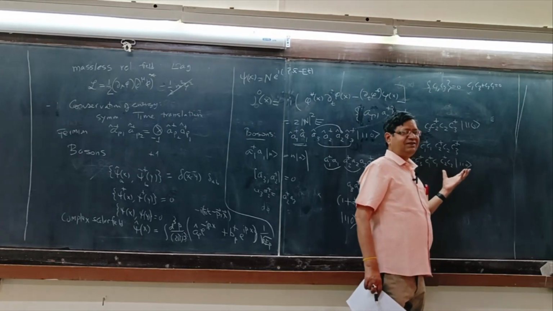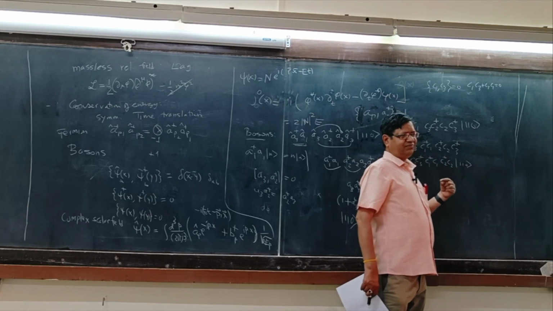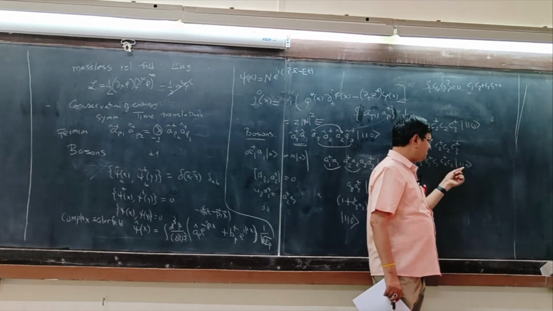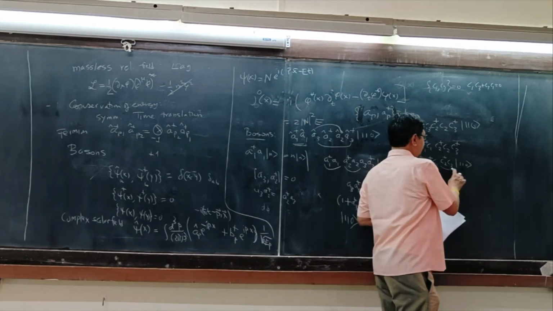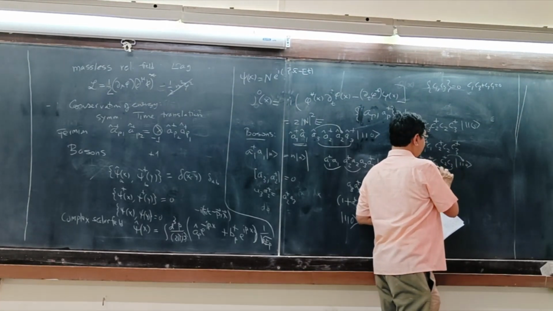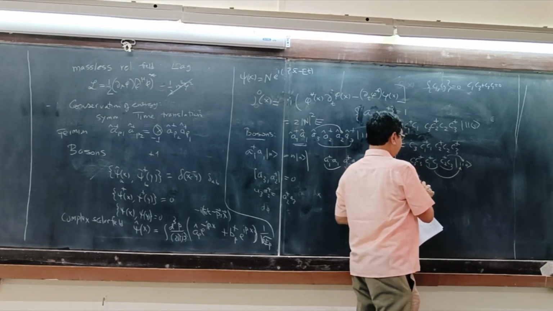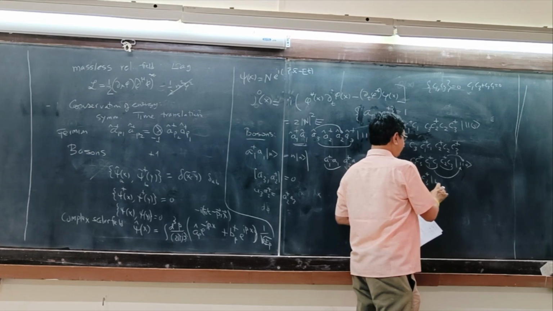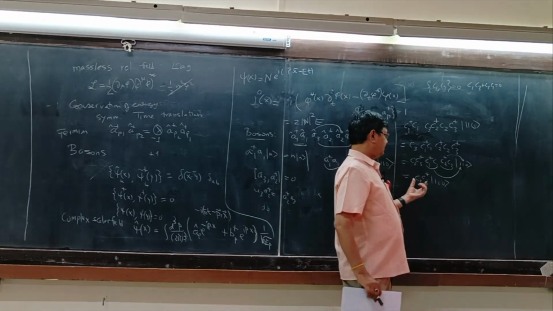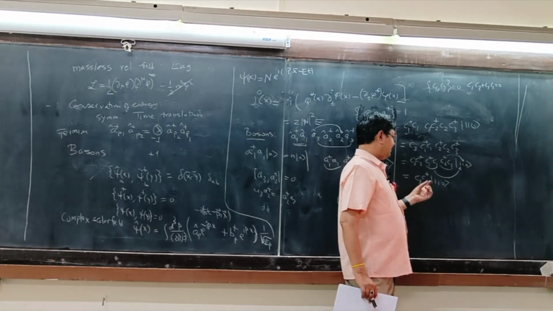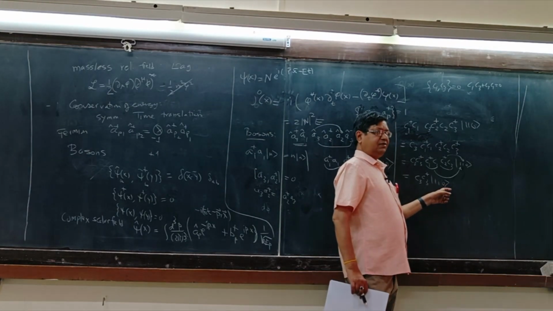This one is a number operator. C2 dagger, C2 is a number operator even for fermions. So it could be either 1 or 0. By the way, for fermions this cannot be greater than 1. So this acting on this gives you 1. This one acting on this gives you 1. So we are left with C3, C3 dagger, 1, 1, 0. Now this will act on 0, this will act on 0.